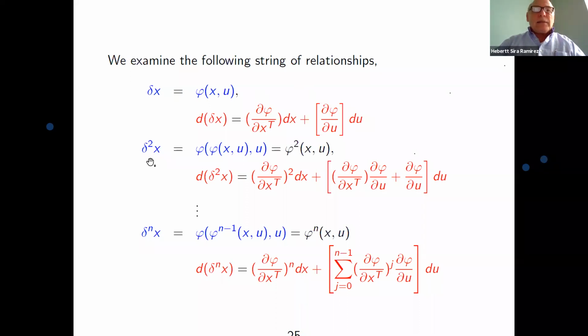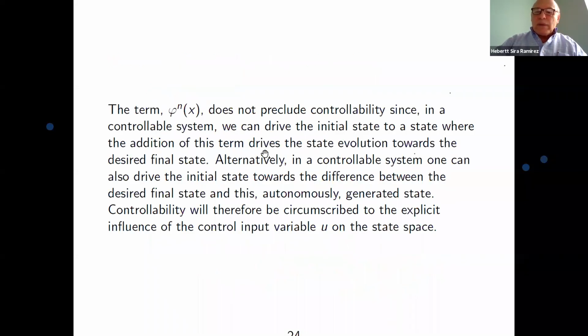So the next state after x(k+1) would be x(k+2), and that would be obtained by delta square of x. That's the symbolism for x(k+2). And that's a composition of nonlinear maps. The nonlinear map depending on the control, and the state is updated to a new state through the same nonlinear map. So we have this composition, we symbolically put it as phi square, although it's not entirely rigorous. We would like to say that we're iterating on phi with all its arguments,